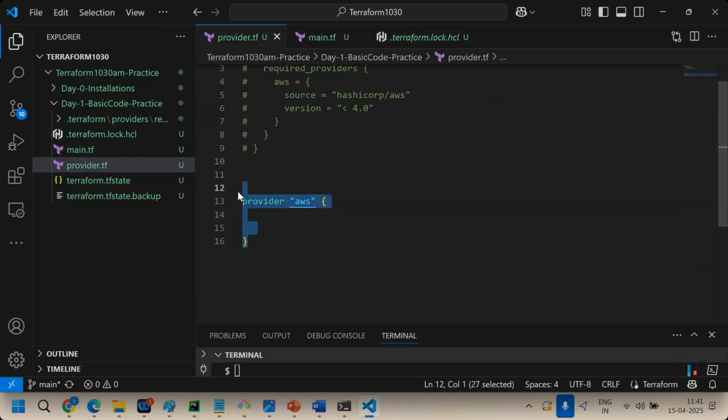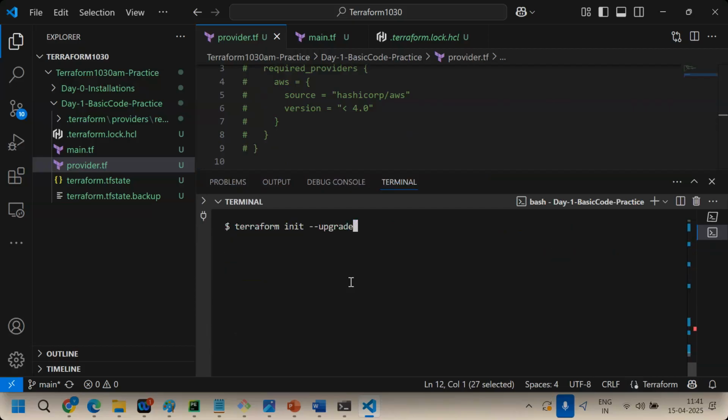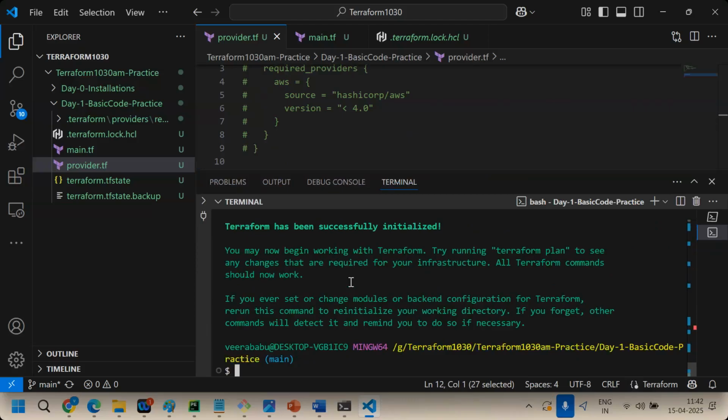Now tell me, wait, I'll take your question. Now if I run terraform init, what will happen? Nothing, right? Same 3.76.1. If I give upgrade, nothing again.